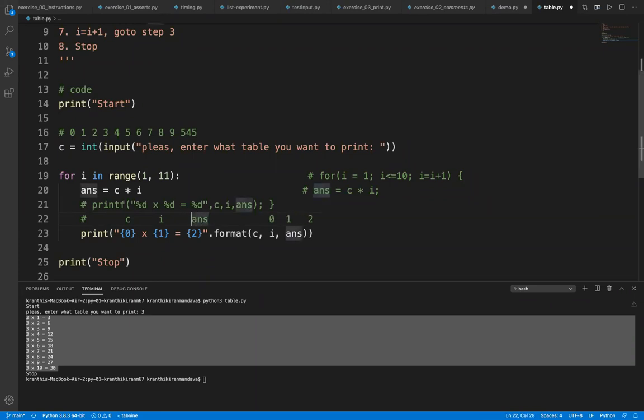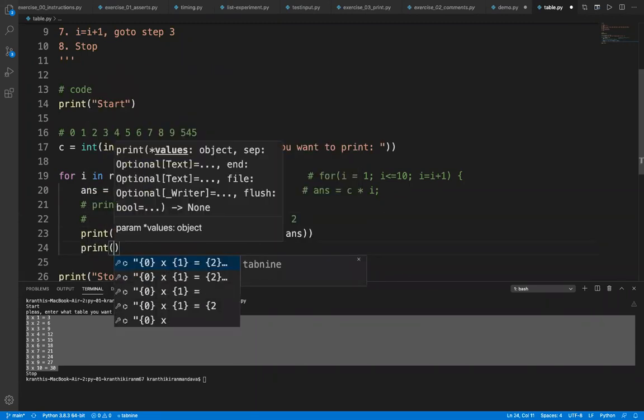Sir, one doubt. Yes. Sir, why can't we directly write C into I equal to 1, sir? You can write it, but I want you to know this is also very important later on for your projects. You can also write like this directly, but the problem is you need to keep commas, you need to keep things for everything you want to print. It's very difficult for you.